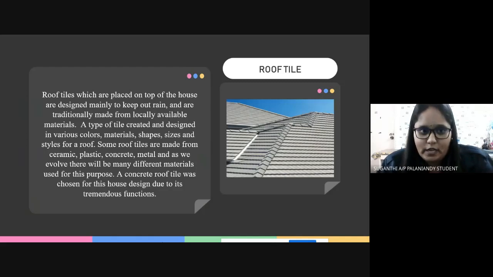After that, roof tile. Roof tiles, which are placed on top of the house, are designed mainly to keep out rain and are traditionally made from locally available materials. A type of tile created and designed in various colors, materials, shapes, sizes, and styles for a roof. Some roof tiles are made from ceramic, plastic, concrete, metal, and as we evolve, there will be many different materials